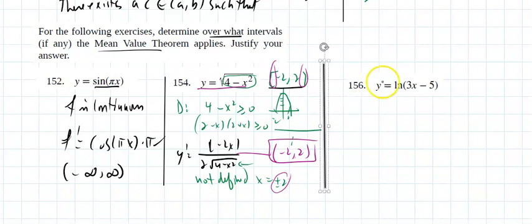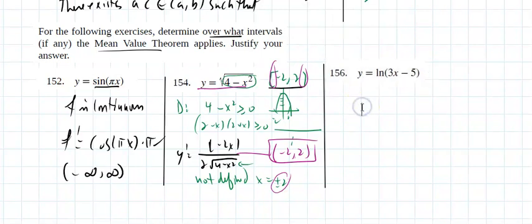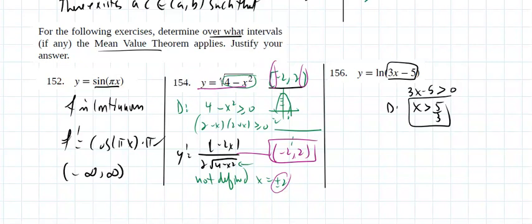How about this problem? Again, what's the domain of a log? Well, it's almost the same as an even index radical. You take the quantity, which is called the argument of the log, and set it to be strictly bigger than 0 and solve it. As long as x is bigger than 5/3, this is defined. This is the domain. So this is continuous as long